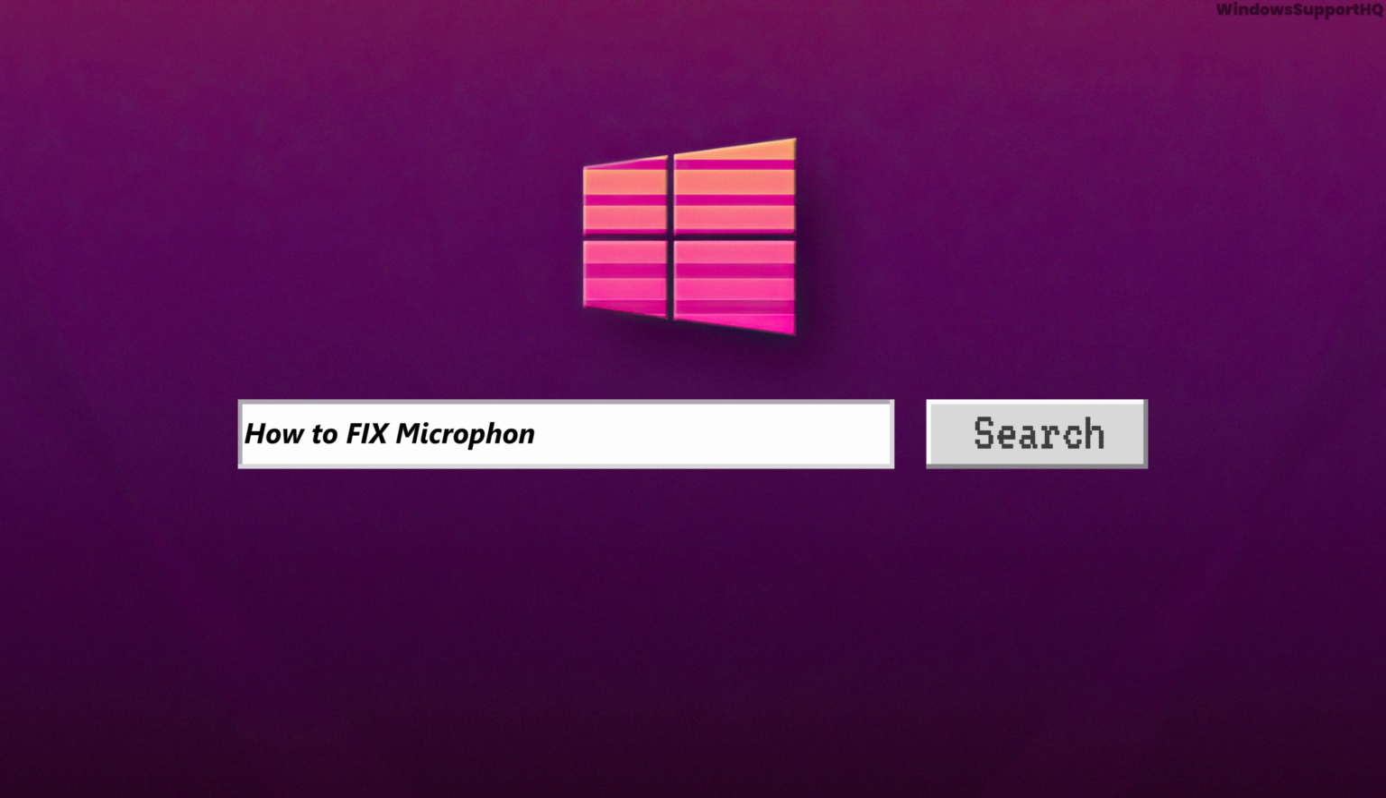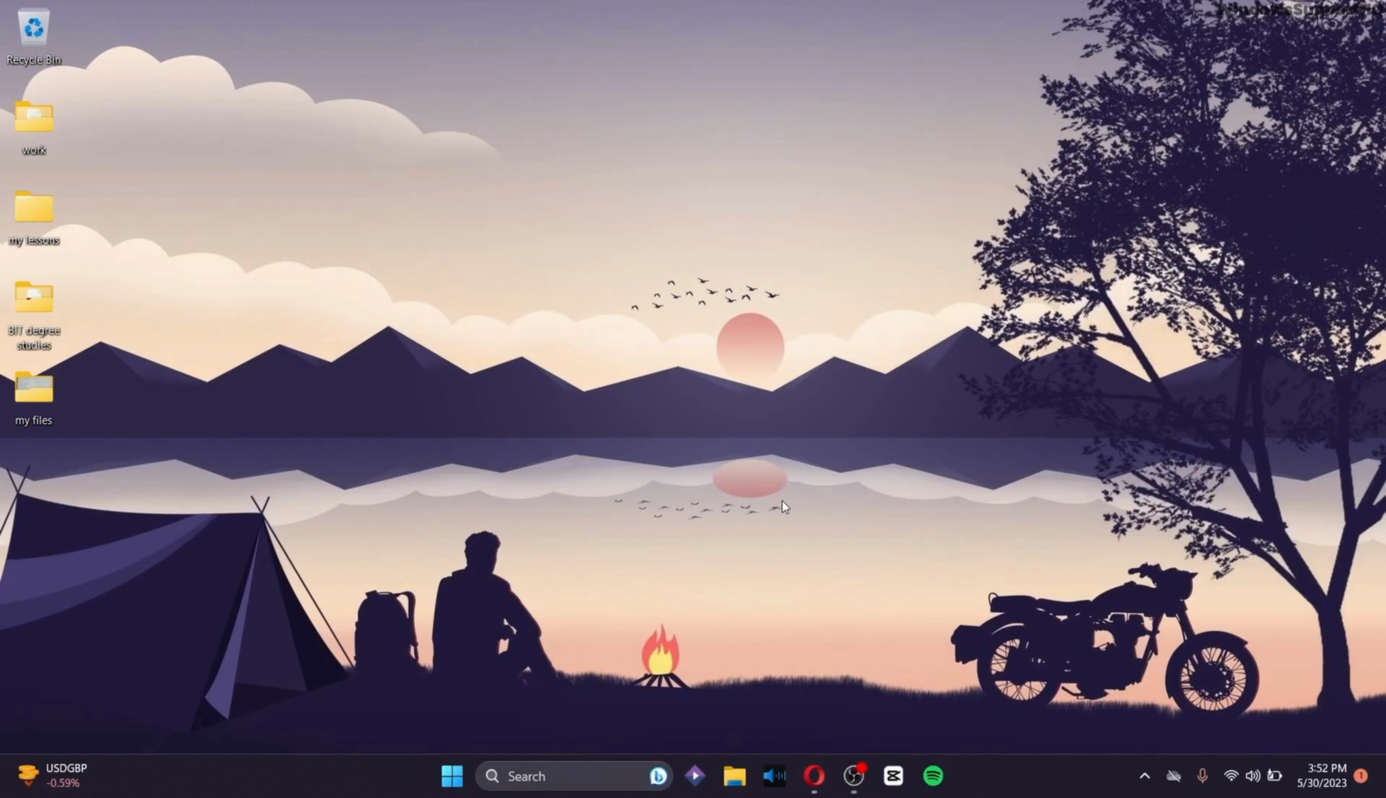How to fix microphone on Windows 10 or Windows 11. So sometimes when you work with a microphone and your microphone does not work, you might be lost in order to fix it. So in order to fix it, what you need to do is go to the search bar right here, click